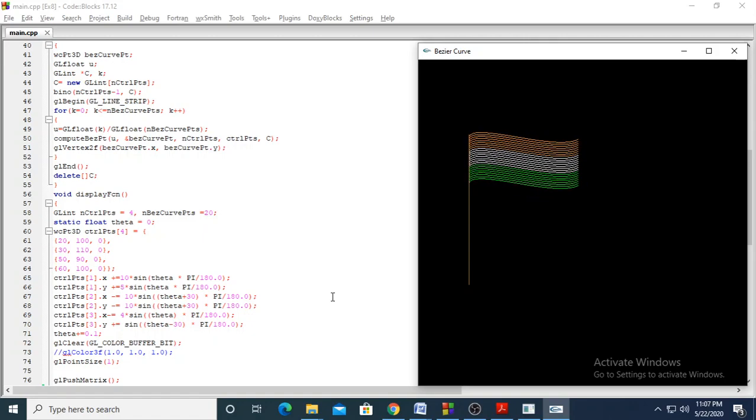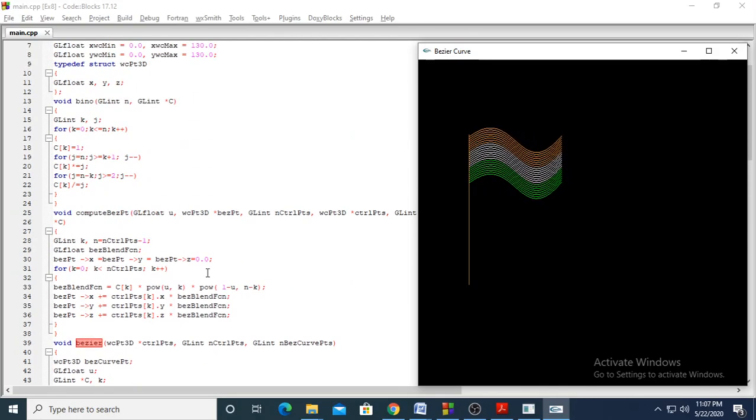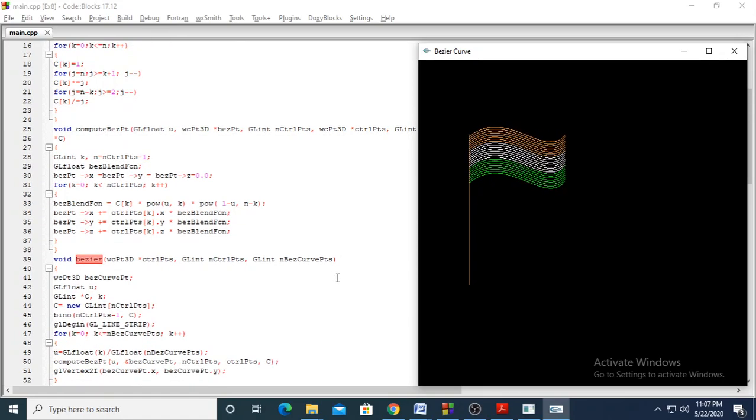Please type this program on your laptop and execute and trace. Try to find the points, each and every point, and by adjusting the sin theta value, cos theta value, you can see the movement, and the line width you see, it can look like a real flag. So by adjusting the size of this curve. Thank you.